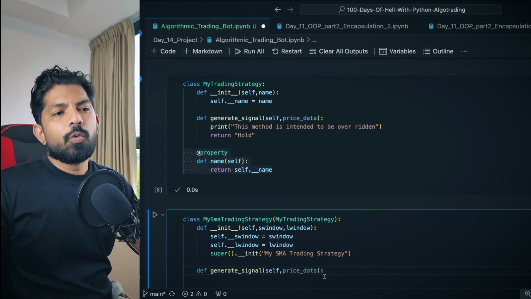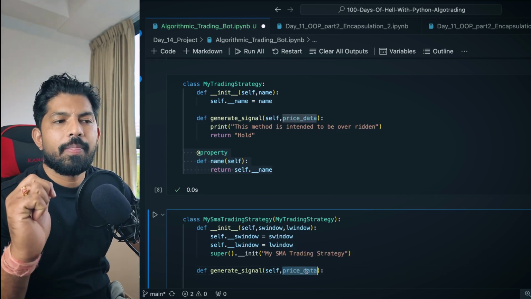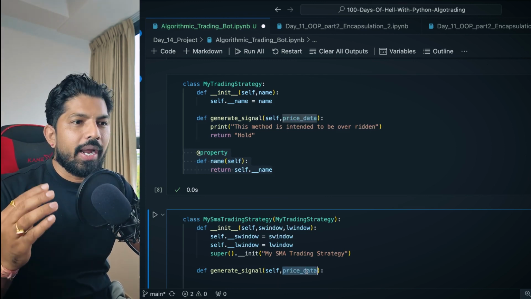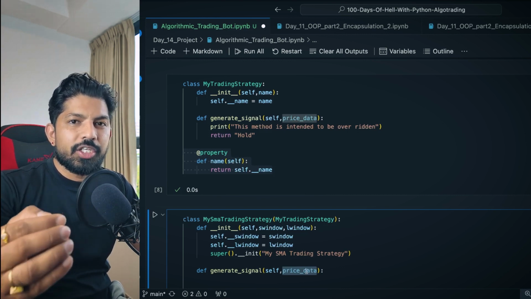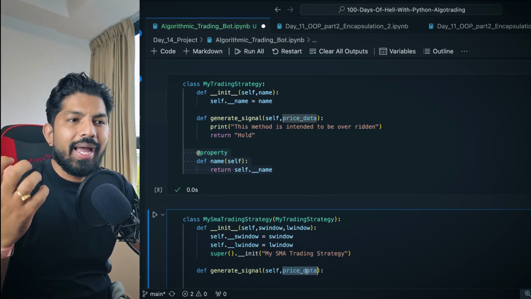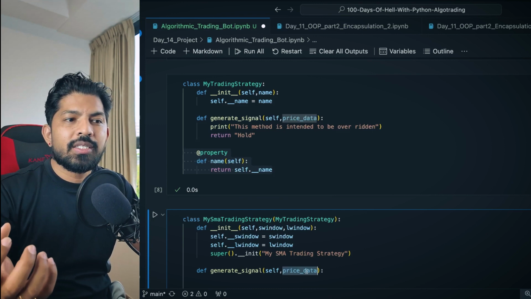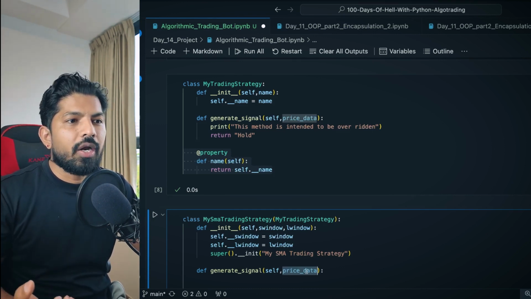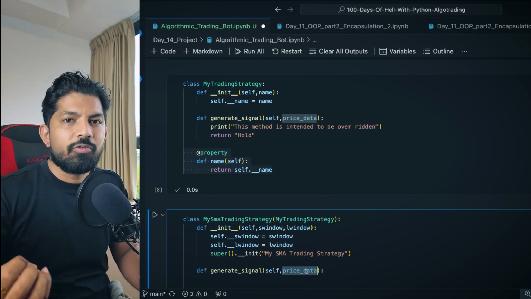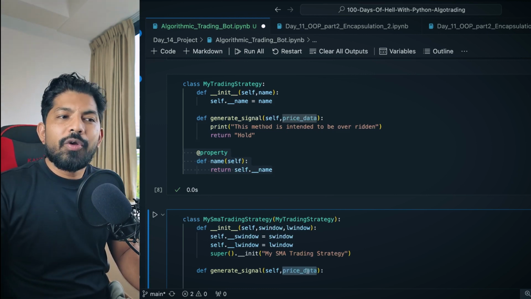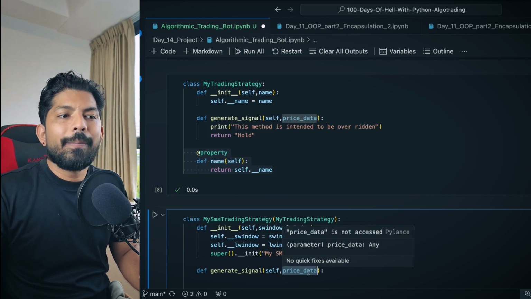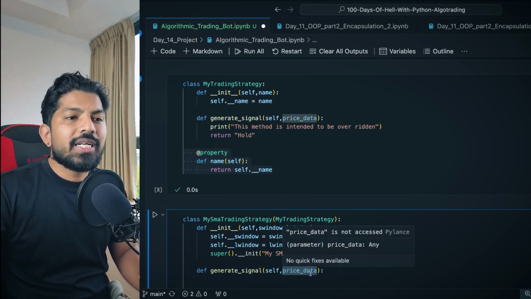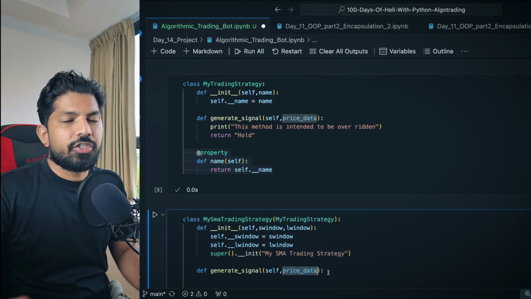Okay, let me explain one more thing. What is the price data? The price is what we get from the exchange. When we are creating the bot and we are fetching some price from the exchange, it will return us some value. And we can use that price however we want. We can make that a list, we can make that a dictionary, and we can modify that value as per our requirement. So here, when we fetch the price from the exchange, we'll make that a list. So just keep that in mind for now. You can think that this price data will be the price fetched from the exchange, right?